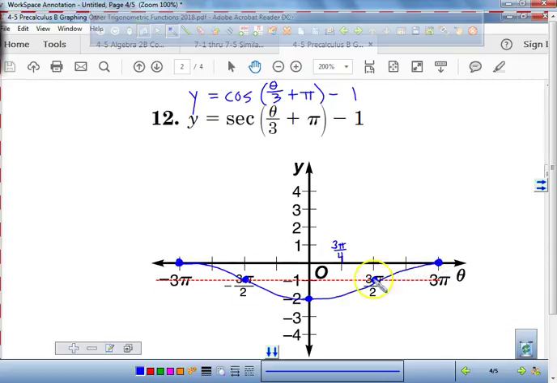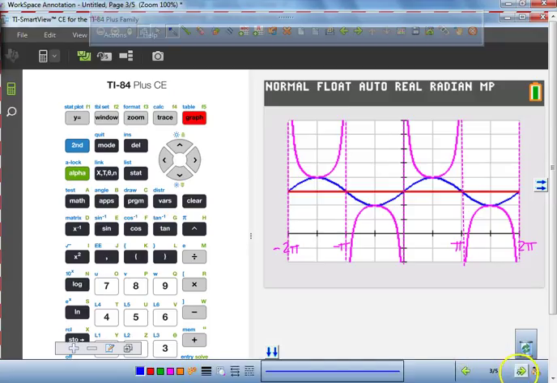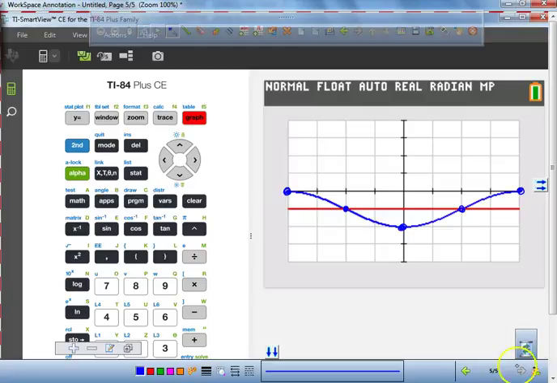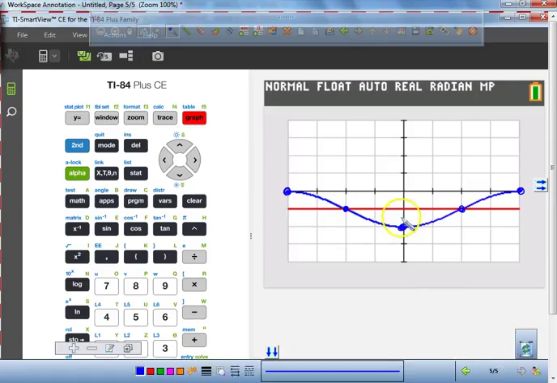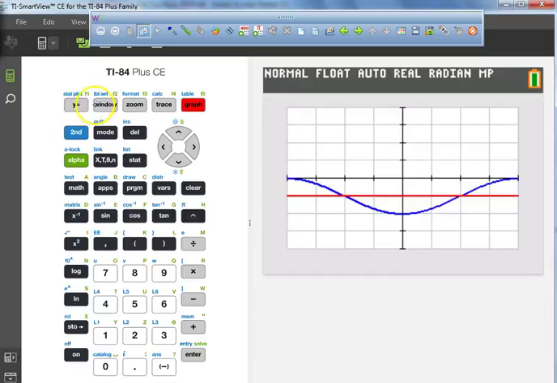I want everybody to have this graph, which is your y equals the cosine of theta divided by 3. Draw that in nice and neat. Oh, wrong way. There we go. We're going from this to this. All right, after you guys have this sketched right here, what I want you to do is go to y equals,